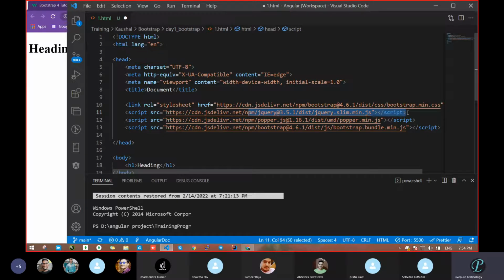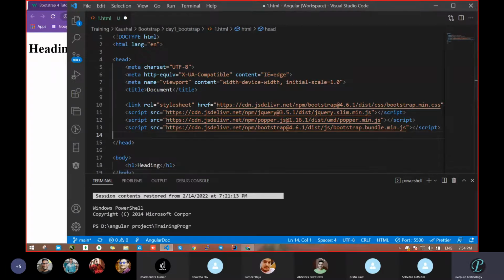So take care: whatever you copied, paste as usual, no need to change anything. Don't be too clever, otherwise your cleverness will show in your UI. Okay, next, up to this point we have added that file.